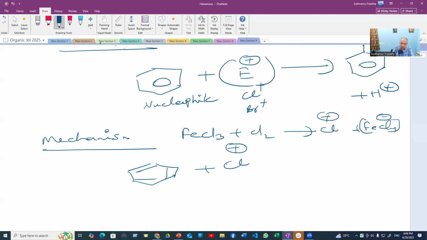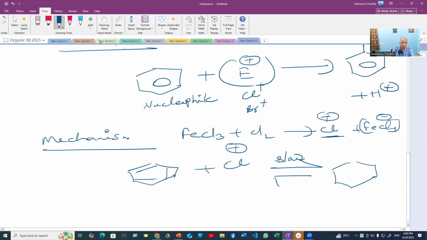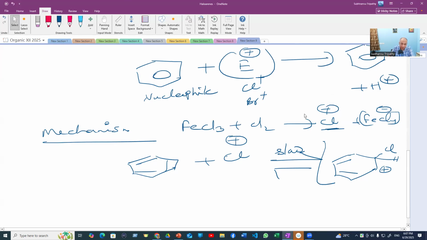So this chloronium ion will attack in the slow, rate determining step to form an arenium ion, benzenonium ion, arenium ion in general. Supposing it attaches here, then this will be plus, and there is already existing hydrogen, as in all carbon atoms. This is a resonance stabilized arenium ion,